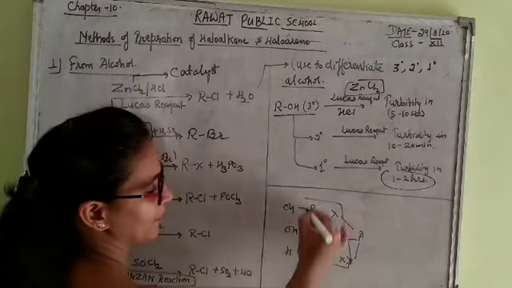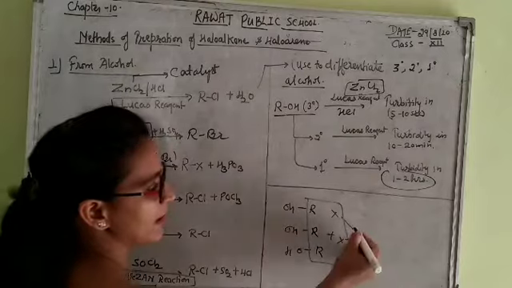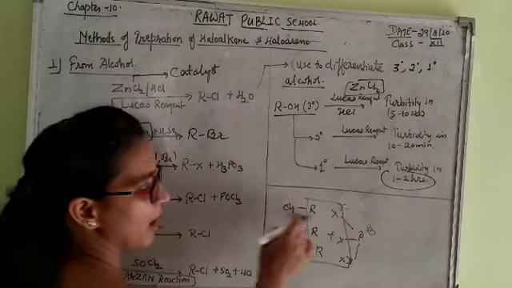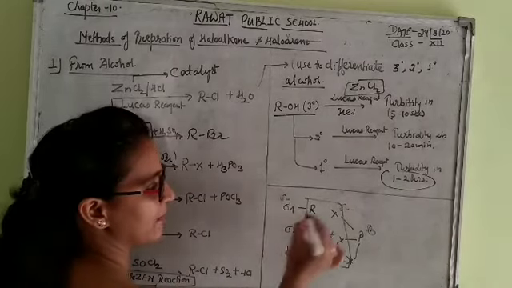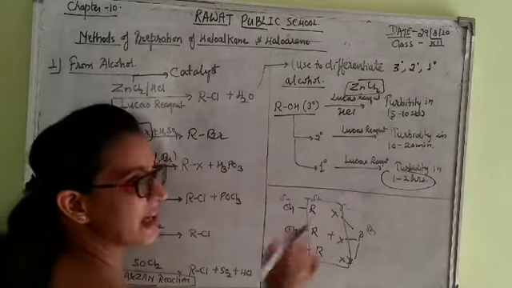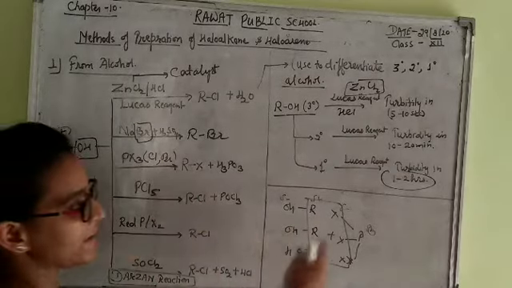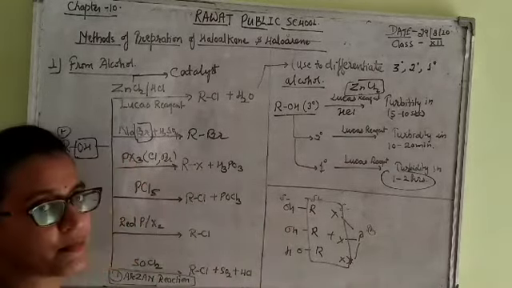RX will be formed, because one part carries a negative charge and the other carries some positive charge. Out of this, one will have some negative and one will have a positive. So the positive and negative react with each other and what will be formed? RX is formed and the remaining H3PO3 as a byproduct.